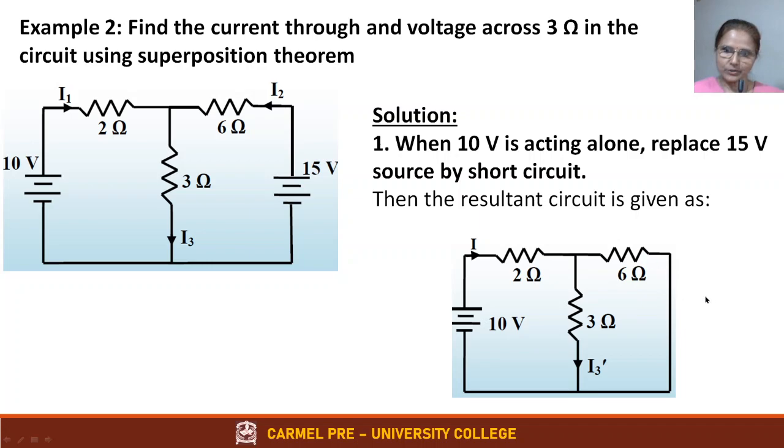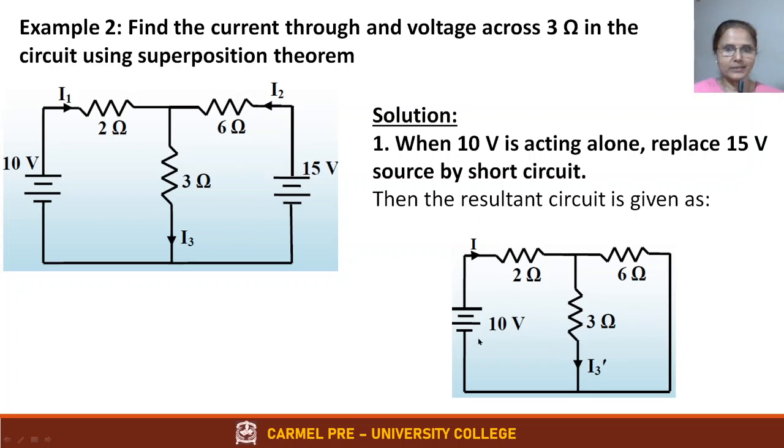Now if you see here, you have to come from this direction. These two resistors are connected in parallel. How to know whether they are connected in parallel? When the current is flowing here, it gets divided. Whenever current divides, that means the resistors are connected in parallel. So these two resistors are in parallel. You can simplify these two by using parallel combination of resistor, which is R1 R2 by R1 plus R2. Okay, so that is 6 into 3 by 6 plus 3 equal to 2 ohms. So when you replace this by one single resistor 2 ohms, those two are in series. So that will become 4 ohms.